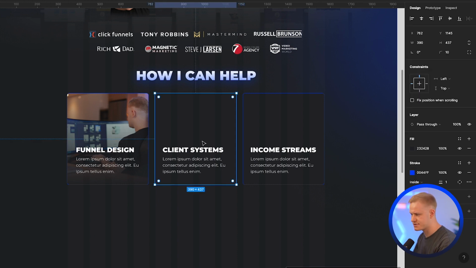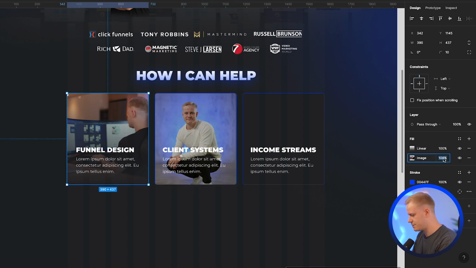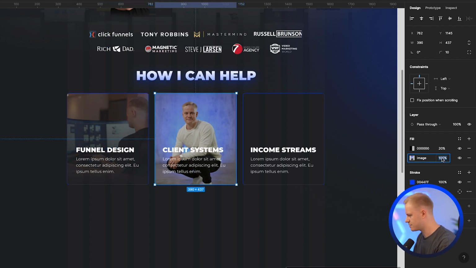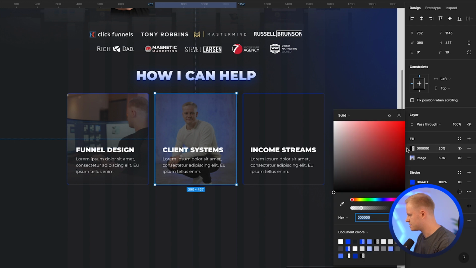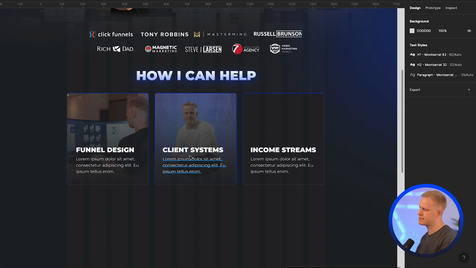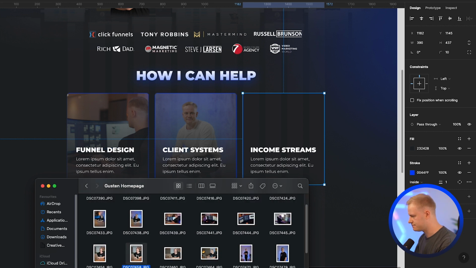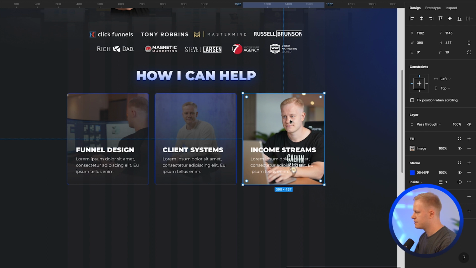Okay, so client systems, let's see. Let's see if we decrease the image to like 50%. That's probably better. And then this is gonna be 100% linear. Funnel design, client systems. And then the final one, income streams. We could add some more relevant images, like income streams. We could add something more about client acquisition and that sort of stuff. But